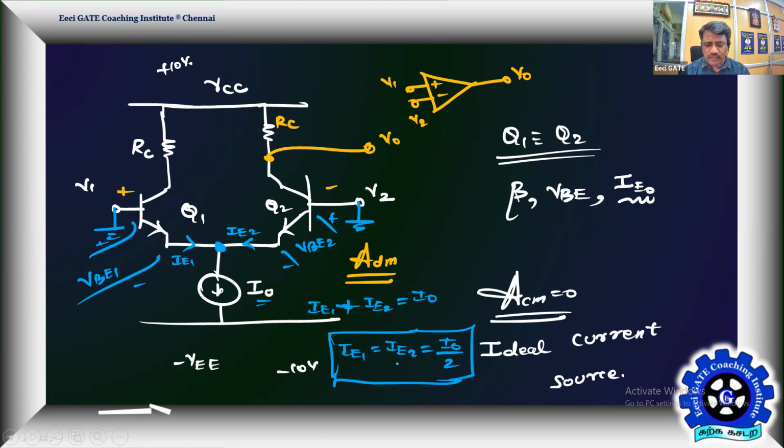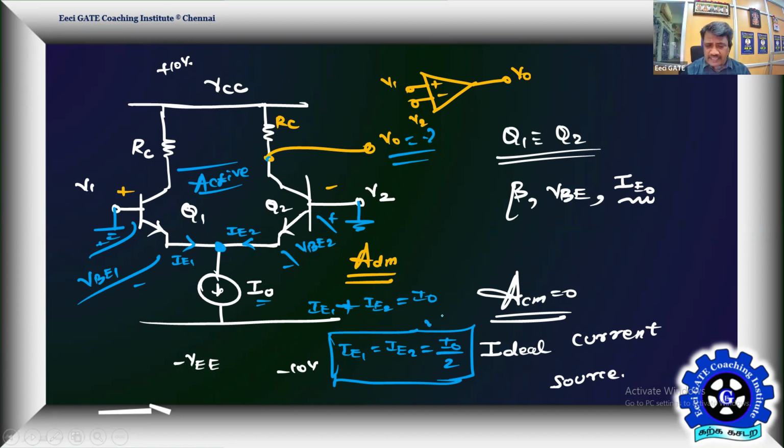Okay, so why is this very relevant? This is the beginning of the DC analysis. At the end of the DC analysis, you need to show that both the BJTs are active. Then they can act as amplifiers, and we can begin the problem for the V0 AC analysis. By doing AC analysis, we can find V0.